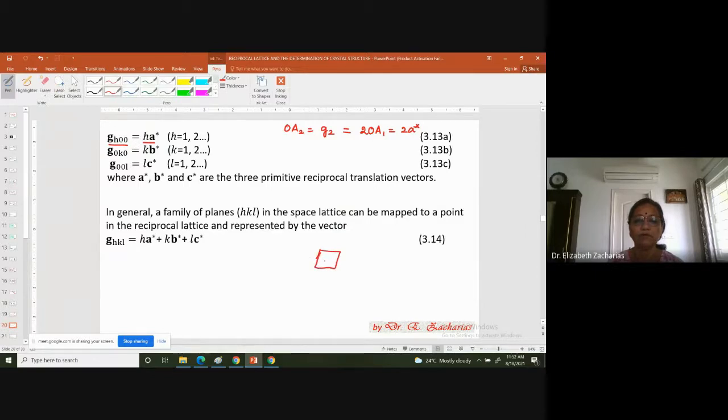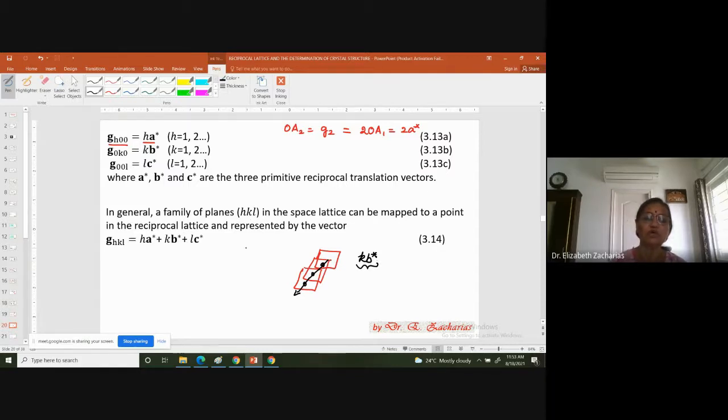This will be one plane. This will be another plane. This will be another plane. So the planes will be like this, and if I draw a normal, the normal is going to be like this. And my reciprocal lattice points are going to be simply points lying on the normal. Since it is along the B crystallographic direction, I will call them B star, and I will say K times B star. So you get a series of reciprocal lattice points given by K B star.